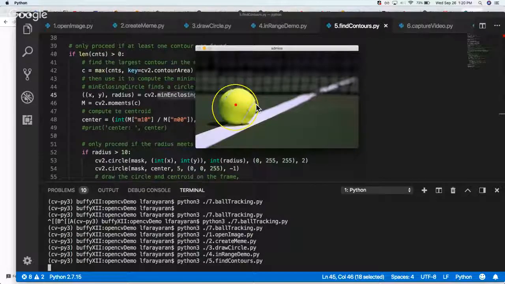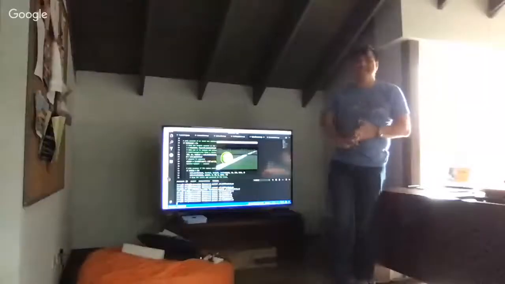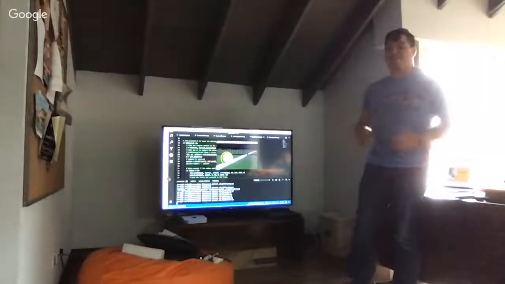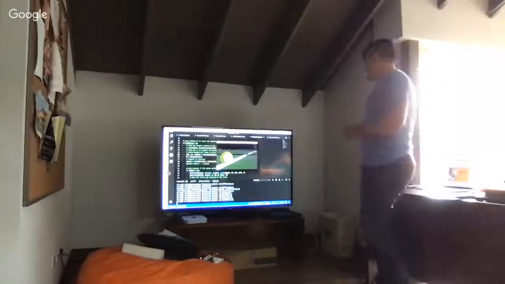Or in the next image, we end up with this. And that's how we detect the object. In this case, like I told you, it's simpler because you already know the